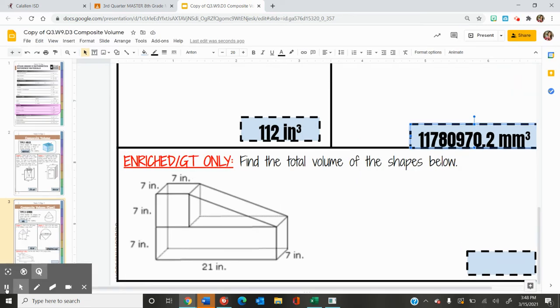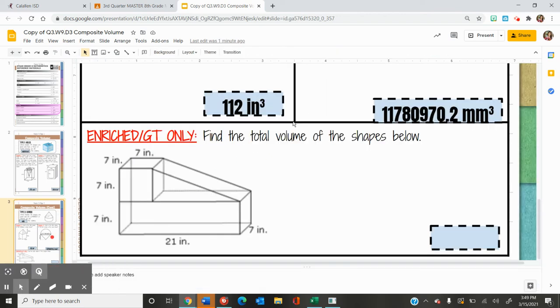So this is a combination of 3 different shapes. The first shape I see is a cube, I also have a rectangular prism, and then I have a triangular prism. So the first thing I think is going to be easiest to find is my cube. I know that a cube has 3 equal sides. So for this cube,